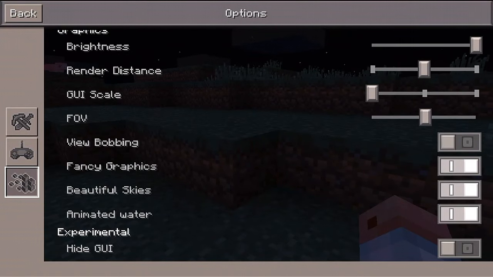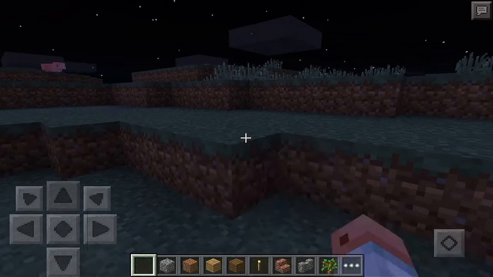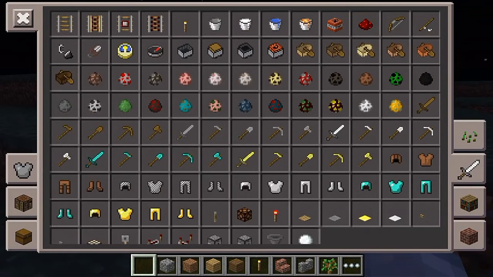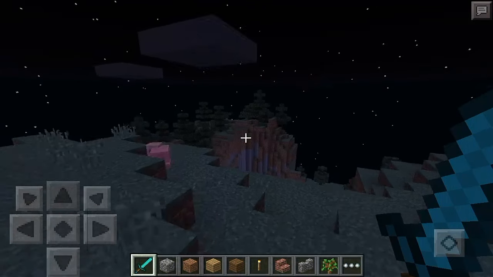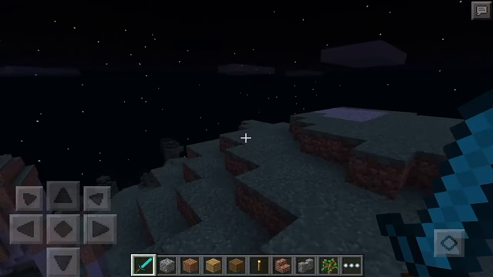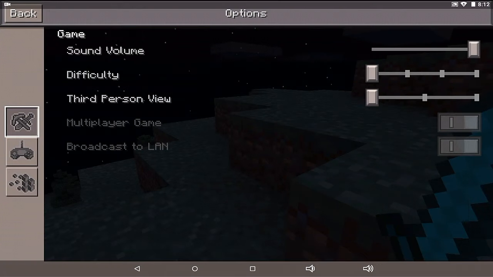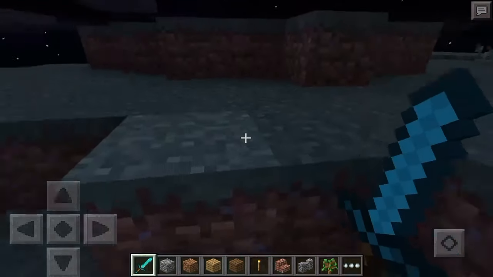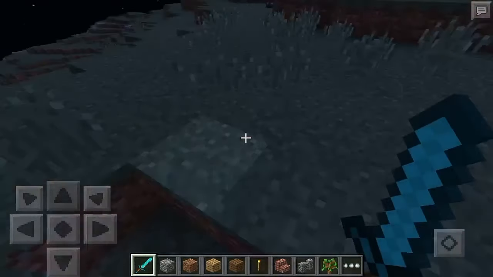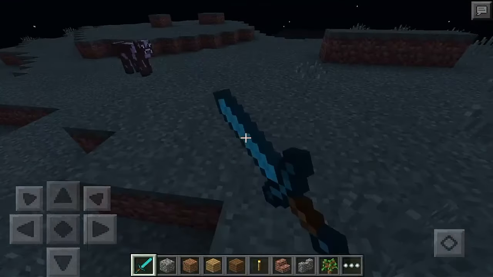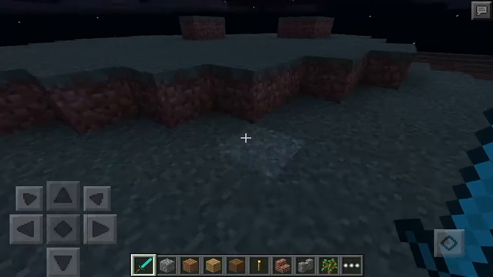So the next one is view bobbing. Now I have no idea what view bobbing does, but I think it has something to do with the sword. So let's go ahead and grab a sword. So as you can see, my sword doesn't move along when I'm moving. It kind of just stays still. But then if I go ahead and enable view bobbing, as you can see, my sword moves around with me. It's not just staying there in one position,